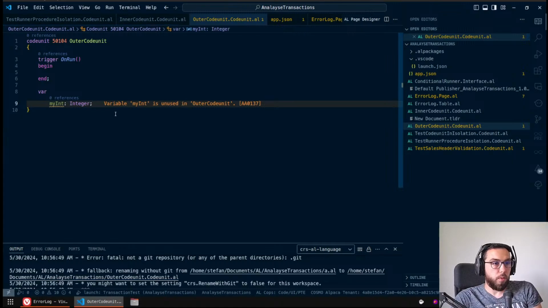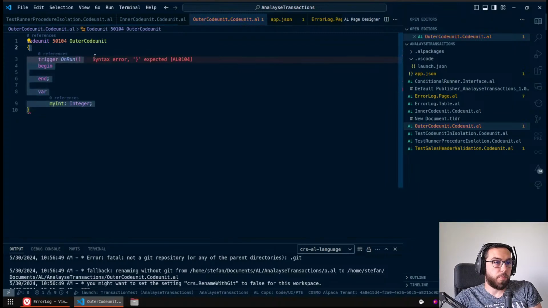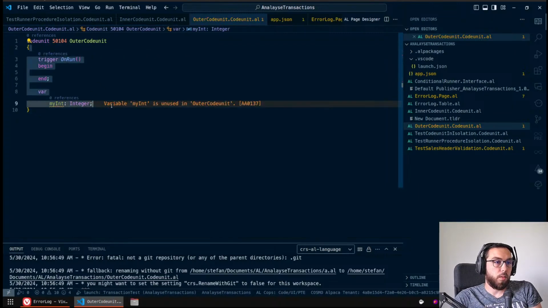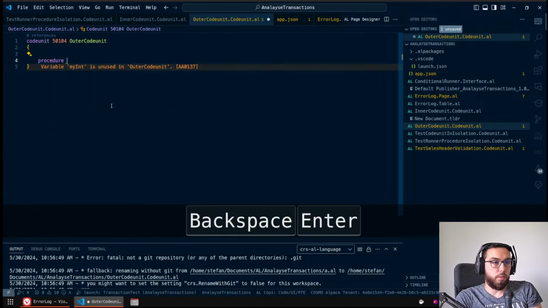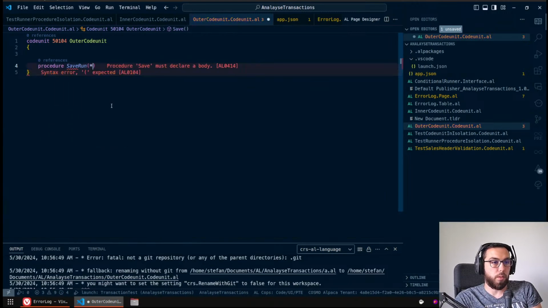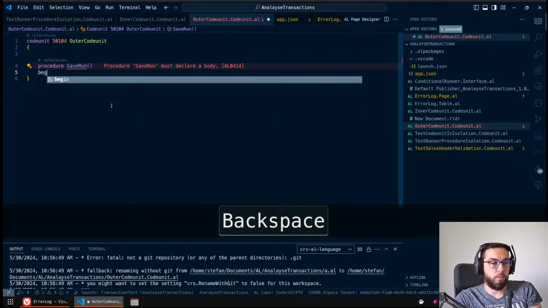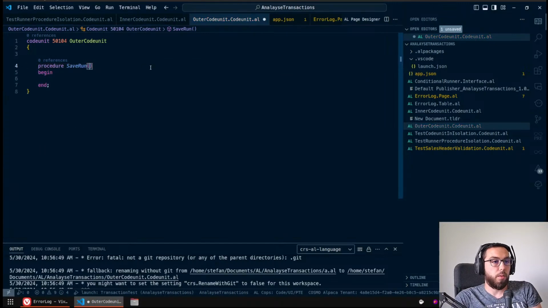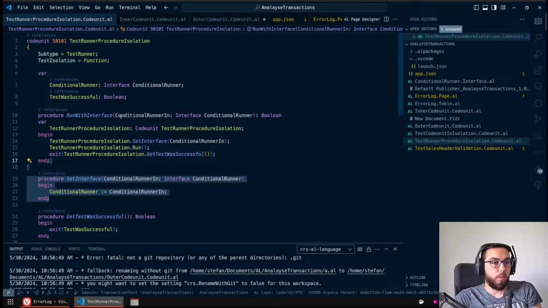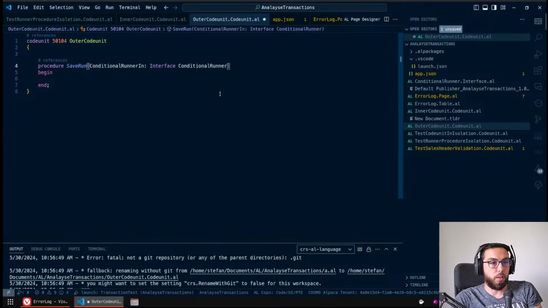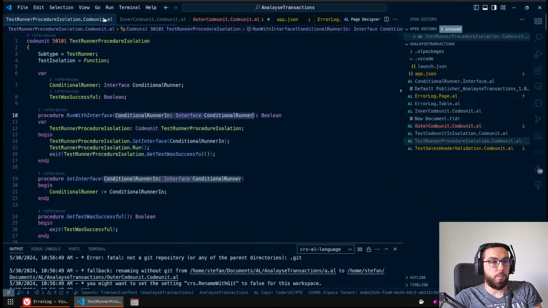So now procedure, like save, run. I think I want to have a separate function, an individual function for this, because then I can just do parameters in here. So first I think would be, what code do we want to run? We want to run the code from that interface. Then